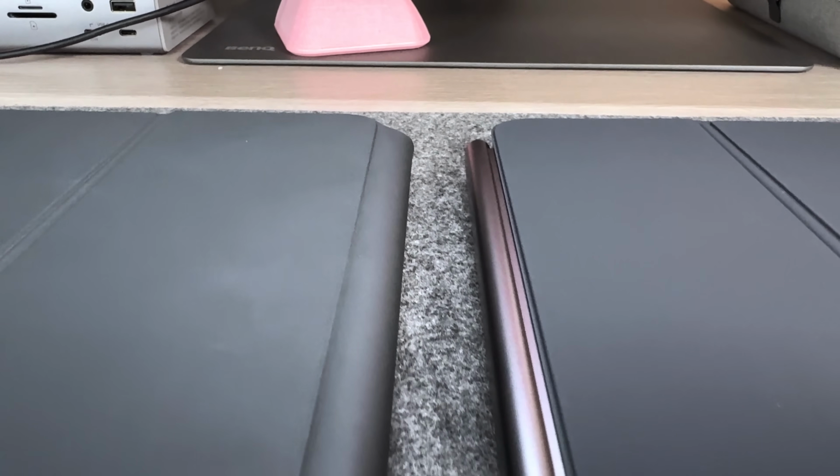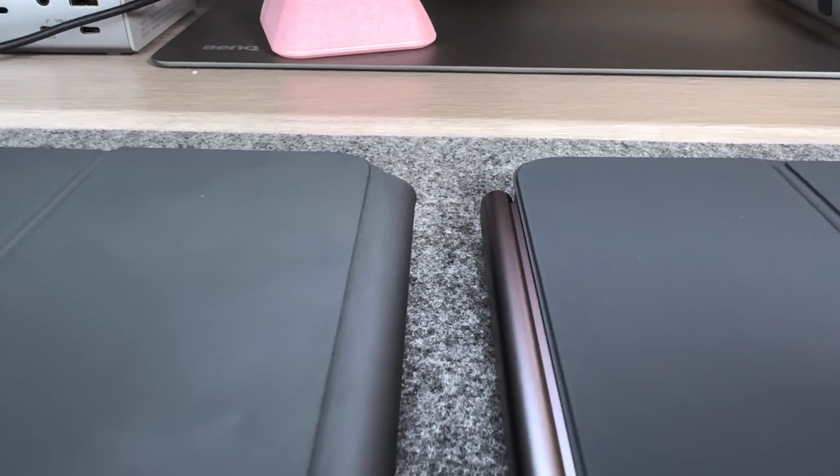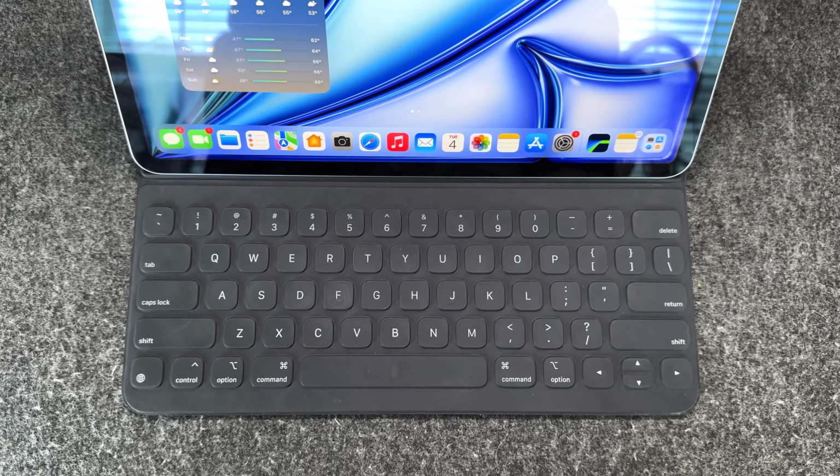So again, it's a nice little thing to have, but one thing to note is that compatibility-wise, it only works with the iPad Airs, albeit it works with older iPad Airs, but it will not work with iPad Pros or even older iPad Pros. And then Apple released a brand new iPad 11th generation, which again is Apple's entry point